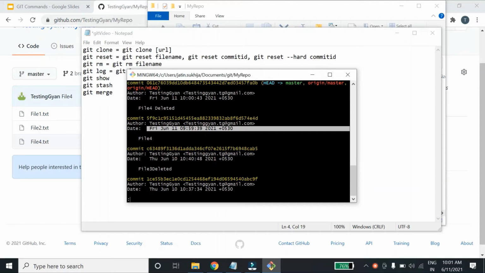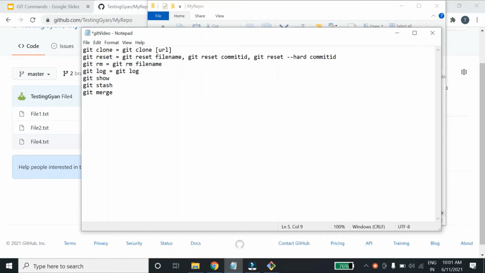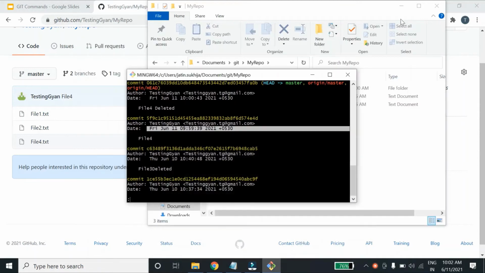Let's move on to git show. So git show, syntax for it, this will be git show and then your commit ID. So what this will do, this command shows the metadata and content changes of the specified commit. So let's